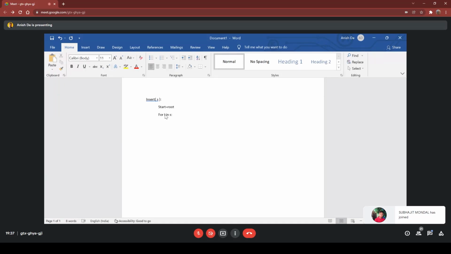So the ith character in S will be S[i]. We find the index of the ith character of S. So we find the ASCII value and subtract 65 if it's capital or 97 if it's lowercase. So we find out the index from the ASCII value.